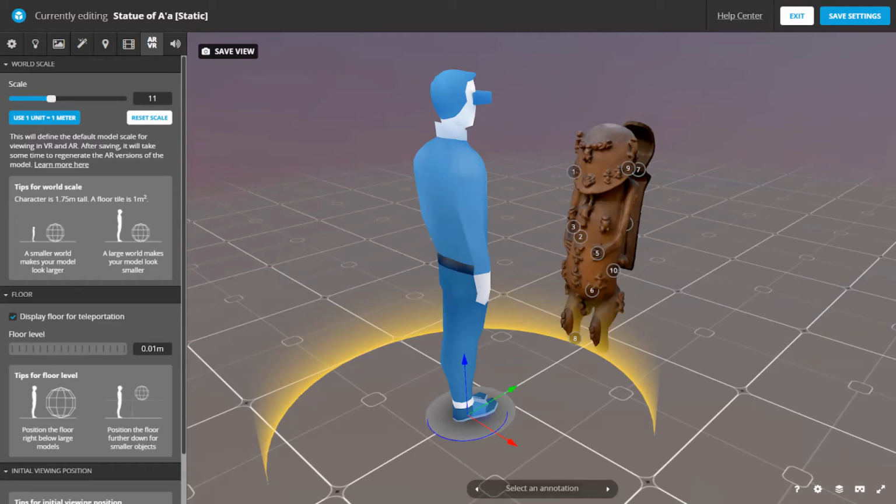It's also possible to set up a 3D model, not just for viewing on a touch screen or with a mouse and keyboard, but you can set it up for viewing in augmented reality and virtual reality in Sketchfab. This is a view of the Sketchfab editor that everybody who uploads a 3D model to Sketchfab has access to,